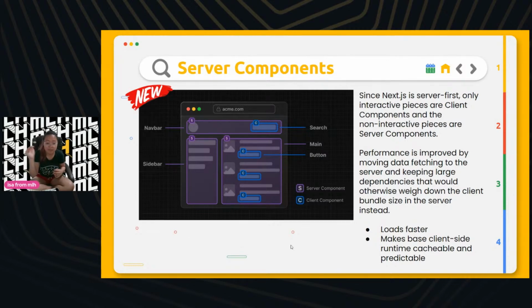Whereas if it's coming from the server, if it's a server component, the server will serve it and the browser won't have to worry about anything except the interactivity, changing pages, and other kinds of things. That's what the client components will do.